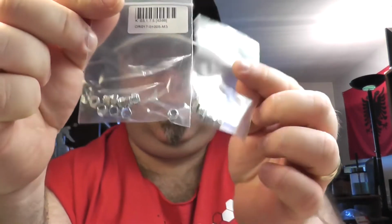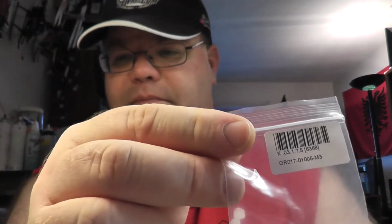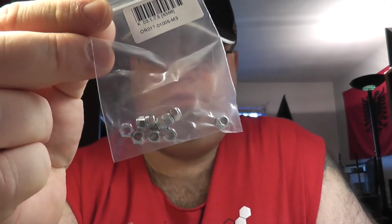I did order 2 packs of 10 3mm nylon lock nuts, because I was kind of running low on 3mm lock nuts. So I ordered those. I ordered some red,